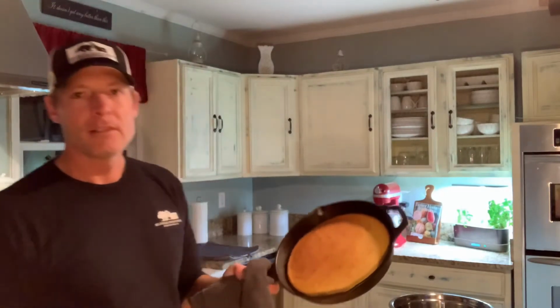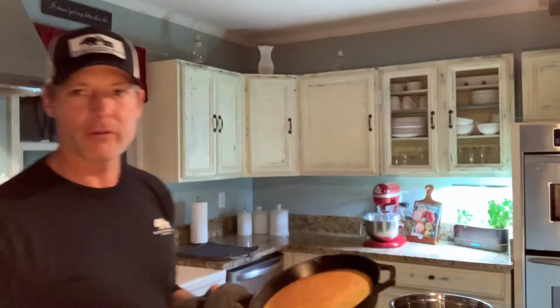Hey everybody, I'm back. I did my cornbread. It's all finished in the oven. It was per the recipe on the box of the Nora Mill self-rising cornmeal. So I got that done. I did add a little bit of salt and a little bit of sugar to this, just a little bit, because I had to put a little spin on it at least. So now, while that was cooking off, it took 30 minutes or so,